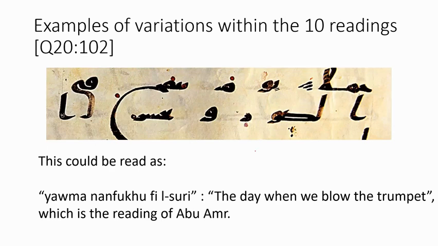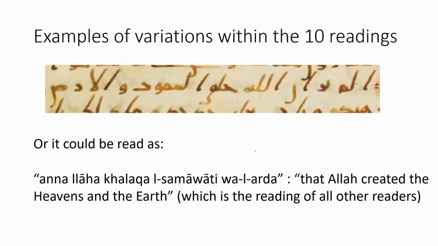Some of them have a more significant impact on the meaning, but I would like to clarify that there aren't 90,000 differences between the 10 readings. That's a misconception, a miscalculation. The actual number of variations is probably somewhere around 1,500 or so. That might seem a lot, but it means that 95% or so of the Quran is recited the same. I hope that by this you can get an idea of what the qira'at are.